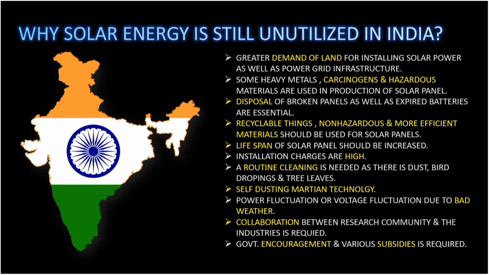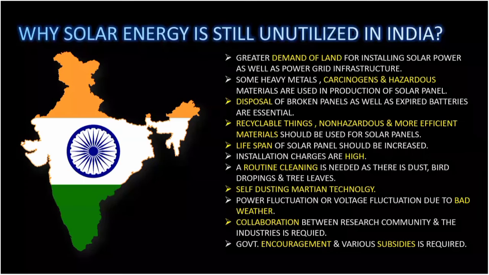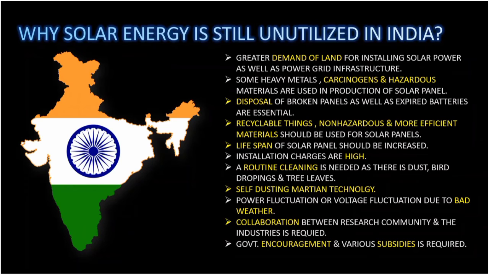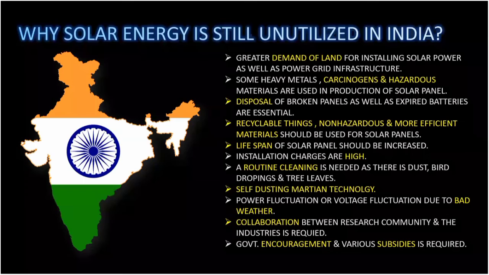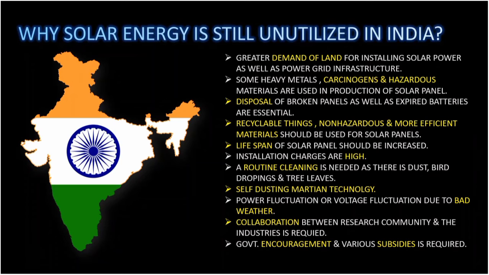Covering the panels with a transparent screen impregnated with transparent indium tin oxide electrodes allows the removal of dust from solar panels. The unreliability in solar power production, due to short or long time power fluctuation and frequency or voltage fluctuation caused by bad weather or less availability of solar radiation, creates a challenging task to integrate into the power grid.